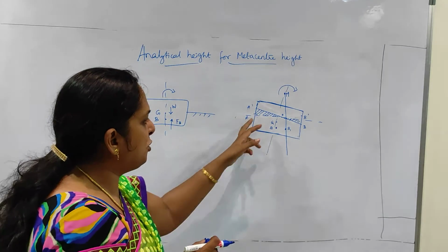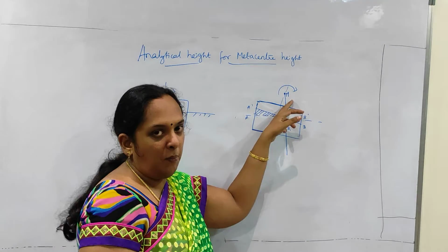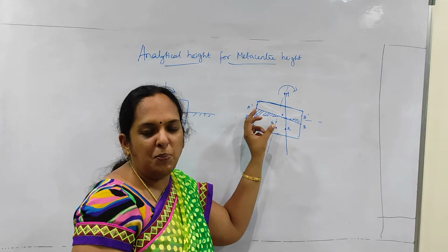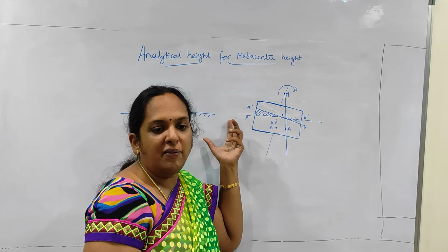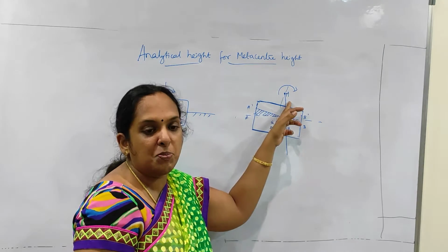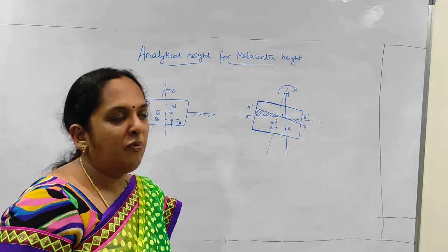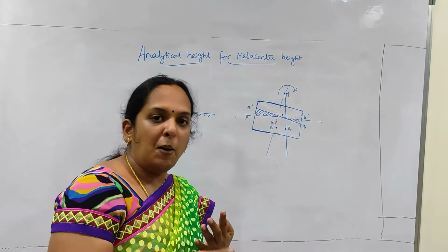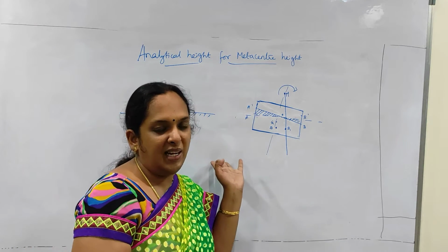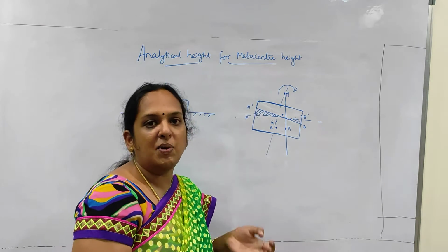This is because of the couple, or the moment, that is produced. The couple of the wedge has to be equal to the couple due to the buoyant forces, that is, the moment caused by the displacement of the center of buoyancy. First we have to find the couple due to the wedges, and then find the moment caused by the displacement. When they are equated, we will be able to find the metacentric height.